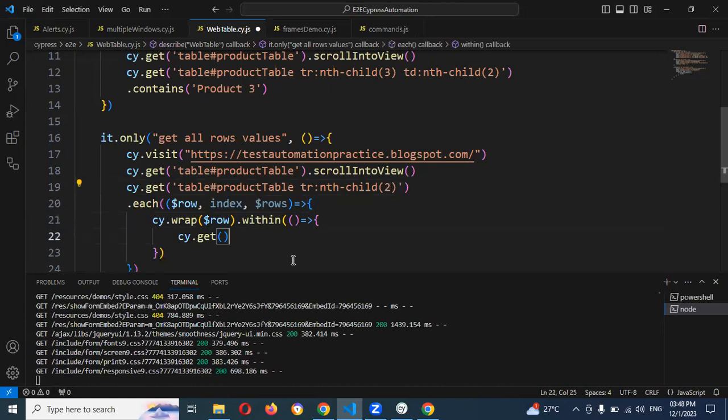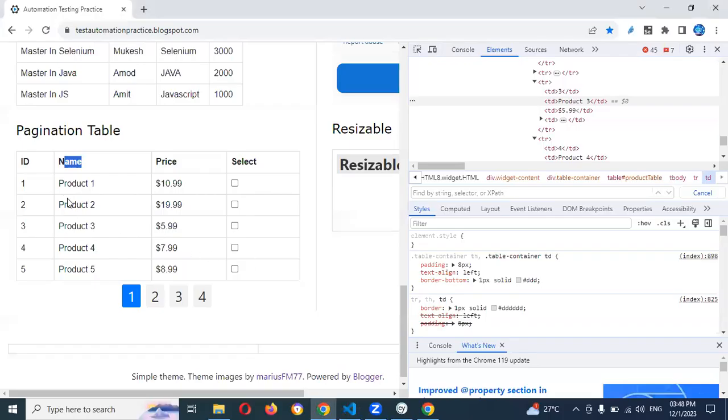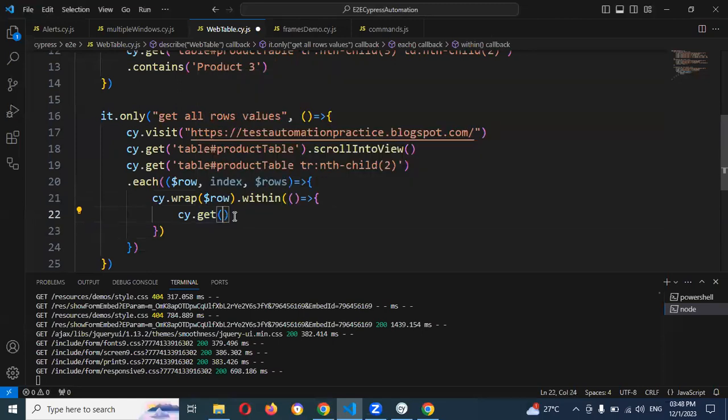I will use second onwards, because if I use the first row, then it becomes the thead. If I want to read here the values, right, I can use